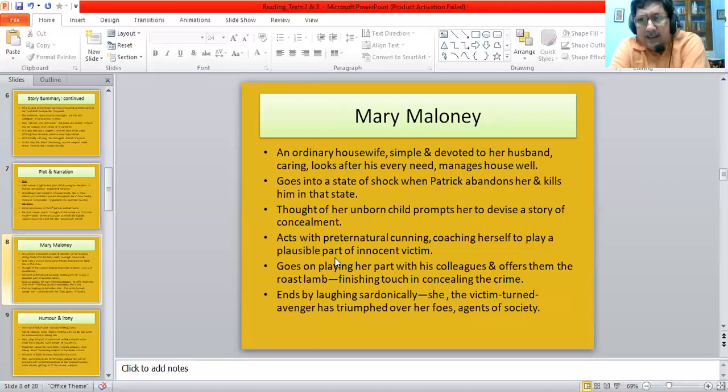She is not really thinking, but is it a premeditated act? That's a question. When she goes down to fetch his dinner, she suddenly finds the leg of mutton. Again, that is one of the chance elements woven into the fabric of the story. And she says to herself, right, she would give him lamb for dinner. Now, there is black comedy over there. She's giving him lamb, she's rather finishing him off with the leg of lamb.